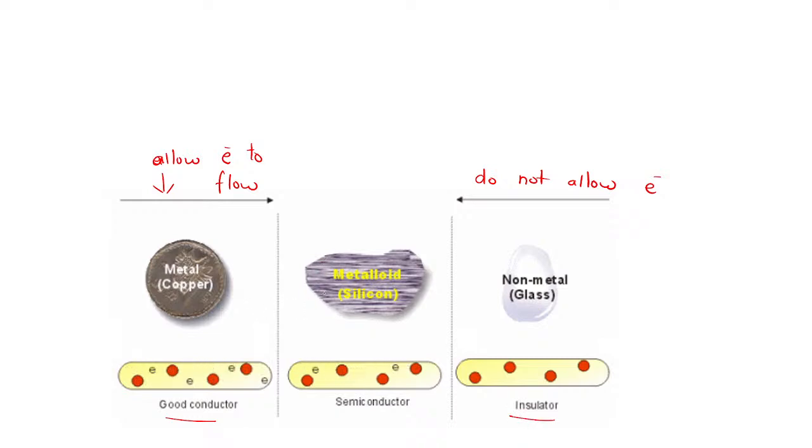And there are some materials which allow electrons to flow through them partially. They are all metalloids, or semiconductors. So mostly metals are good conductors of electricity. We have seen that electrical wires are made up of metal, right? And which metal is used to make electrical wire? Yes, that is copper. So copper is a metal which is used to make electrical wire.